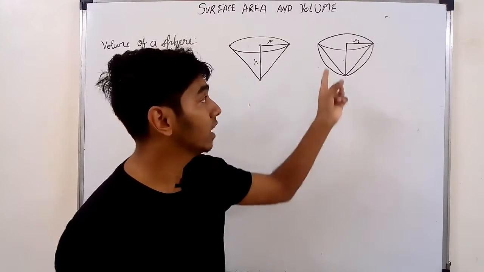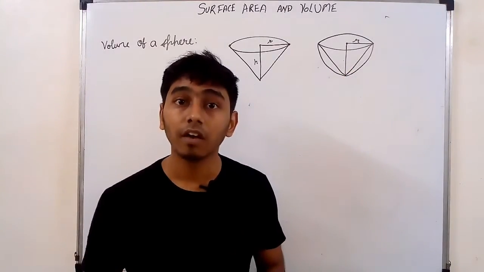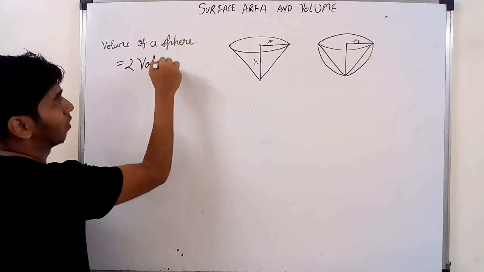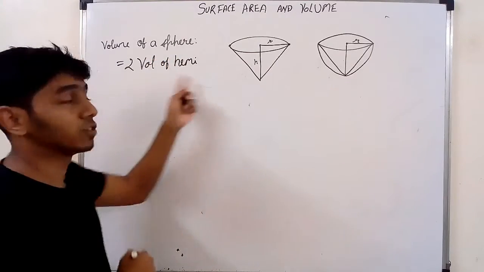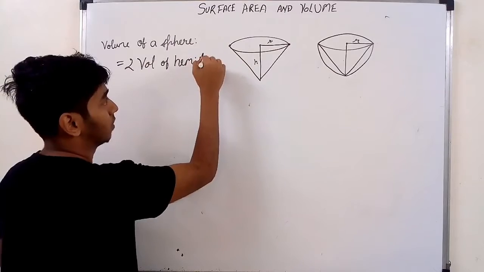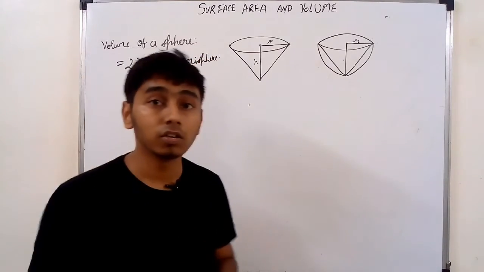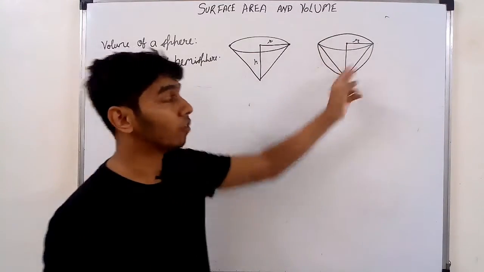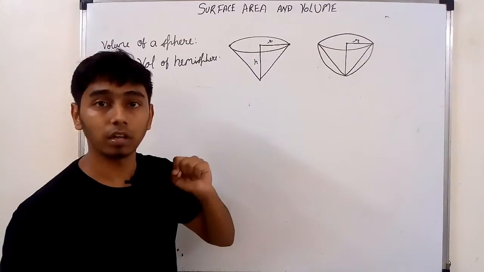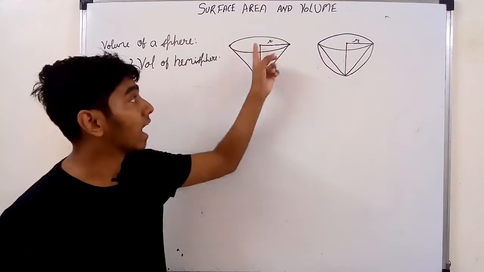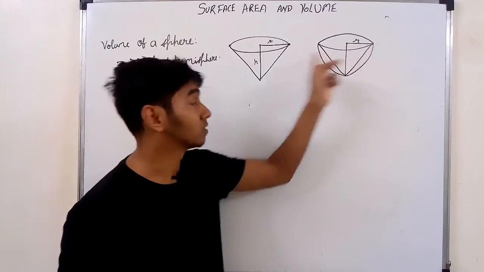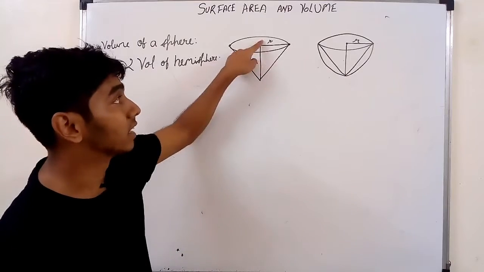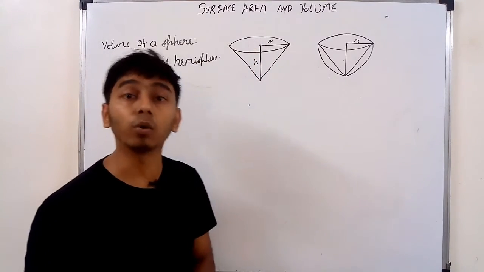As you know, if we are able to find the volume of hemisphere, we can say that the volume of sphere is 2 times the volume of hemisphere. So we'll find the volume of hemisphere first, which is this volume. To find it, we consider a cone which has the same radius and height as the radius of the hemisphere. That means this radius as well as height, they both are same for the cone.